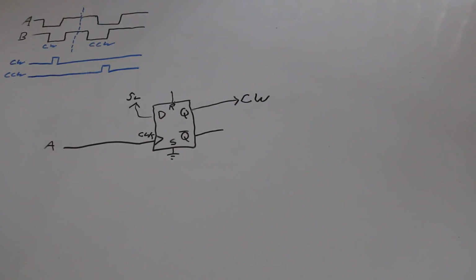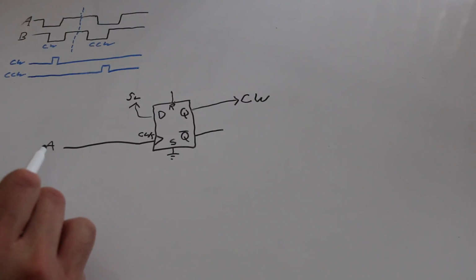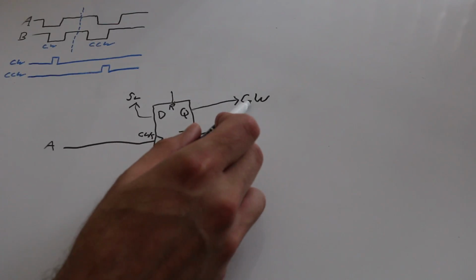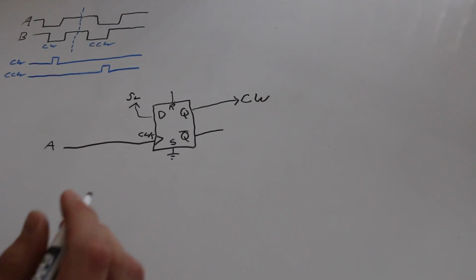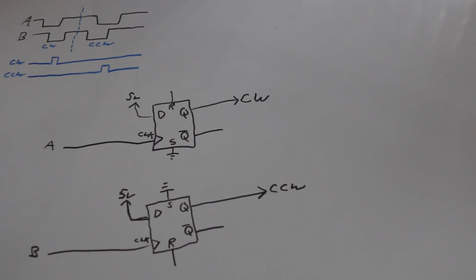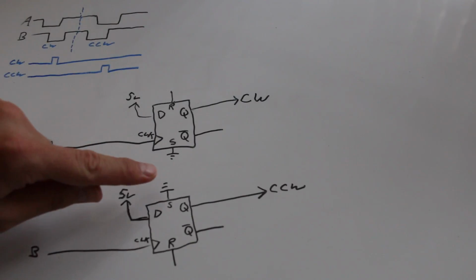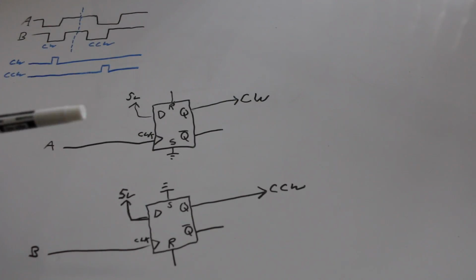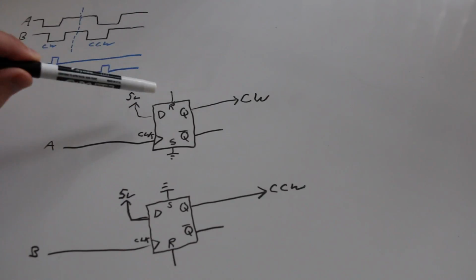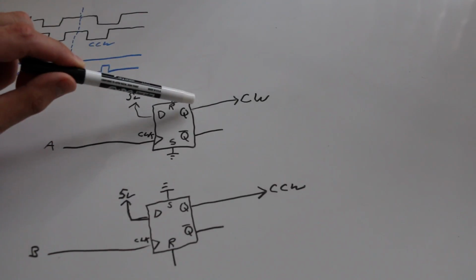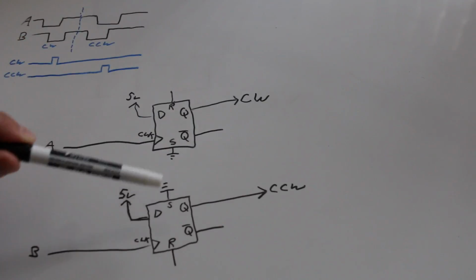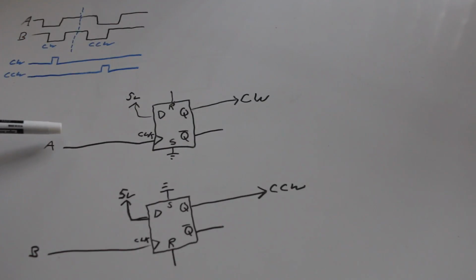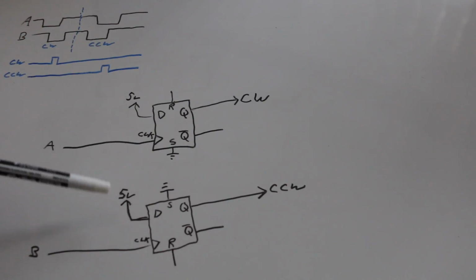And I'm basically going to need to do the same thing for the B encoder signal because I want to generate a counterclockwise pulse as well. So now this is going to start getting messy, but in order to reset this, let's say we have a power on initial condition where we have been reset. So Q is 0, Q bar is 1,